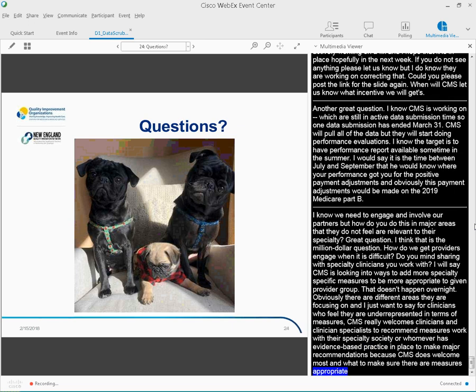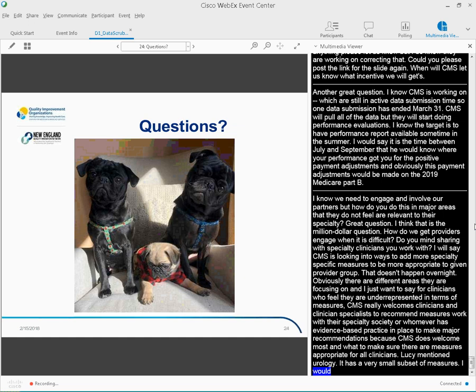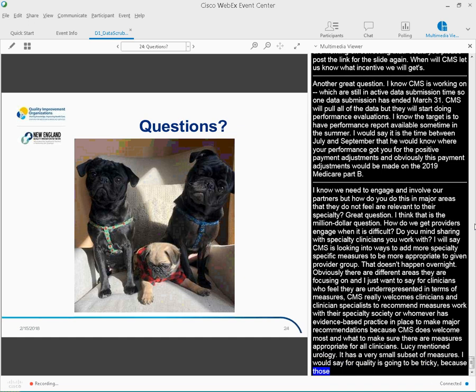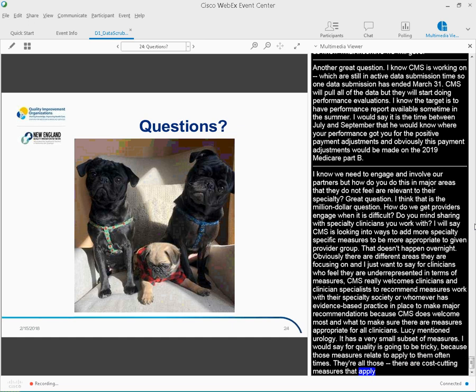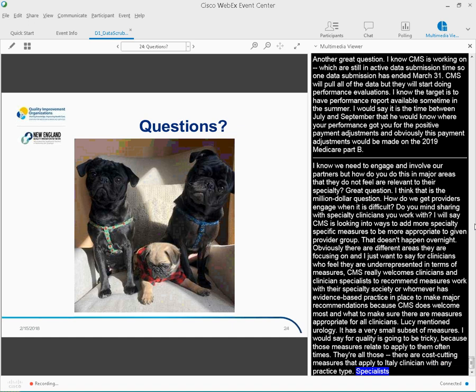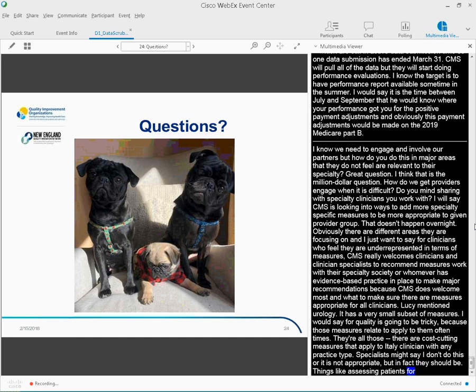I would say for quality, it's going to be tricky because those measures really don't apply to them oftentimes. But there are those cross-cutting measures, which are measures that really apply to any clinician with any practice type. Now, specialists might say, I don't do this or it's not appropriate, but in fact, they should be. So things like assessing patients for tobacco use, and then providing cessation counseling.